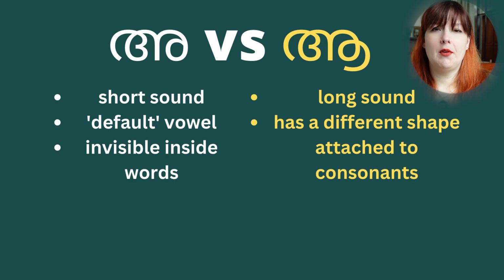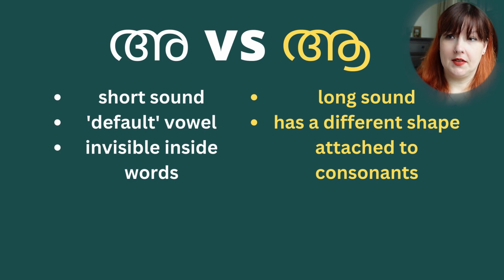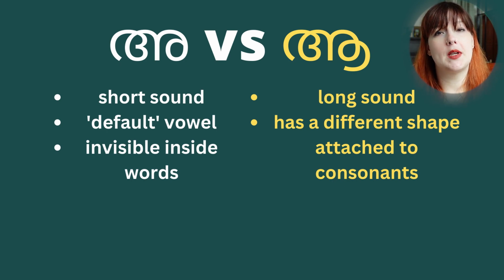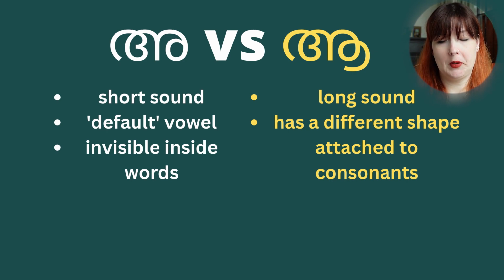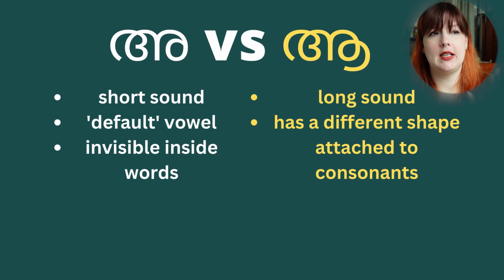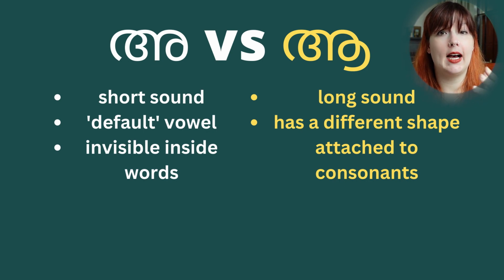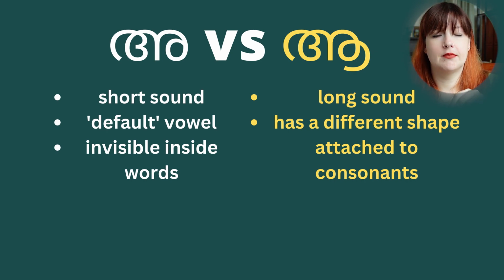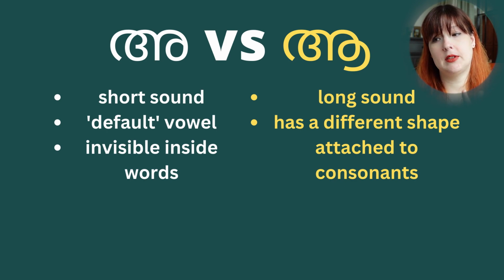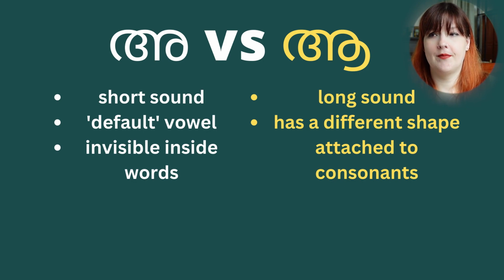So now, before we wrap up, let's do our pronunciation exercise for today. We need to look at the difference between a and ah. Okay? A is a short sound and it's the default vowel. Anytime you see a letter by itself, an aksharam just hanging out, it automatically has the a attached to it. It's just invisible. You only see the a at the beginning of the word. And then once it's within the word attached to a syllable or a consonant, you don't see it.